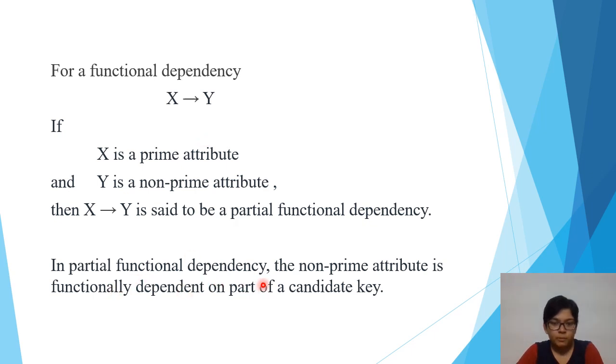So, in partial functional dependency, the non-prime attribute is functionally dependent. See, Y is functionally dependent on part of the candidate key. Here X is a prime attribute, meaning it is a part of a candidate key. There must be some candidate key in which X is also contributing in formation of that candidate key. Therefore, it is a prime attribute and Y is a non-prime attribute. Here we go